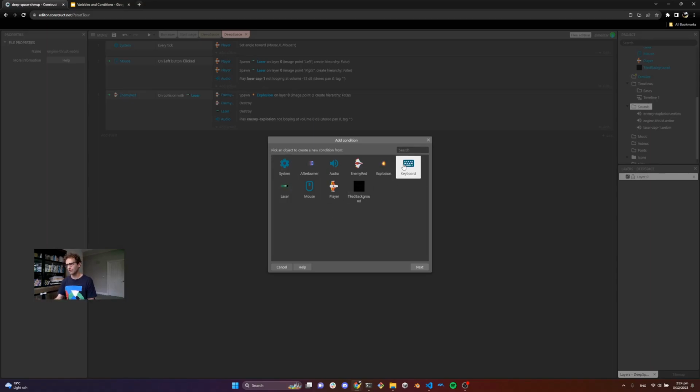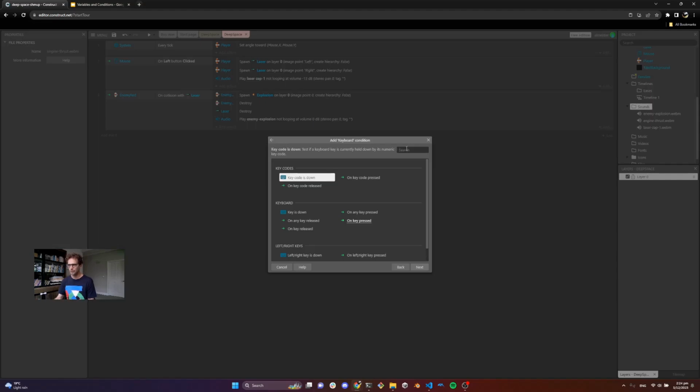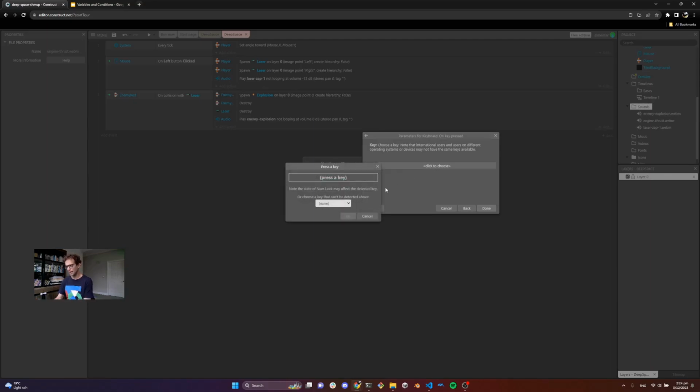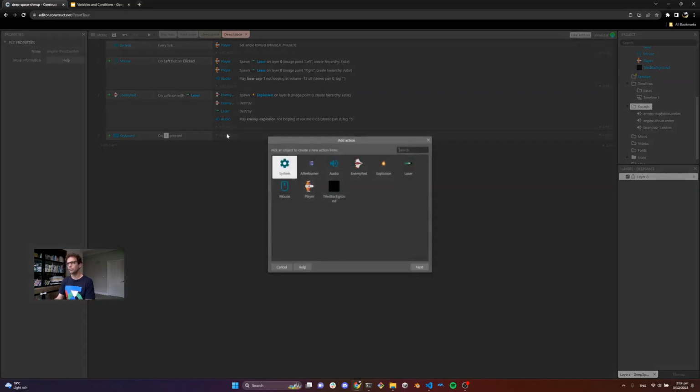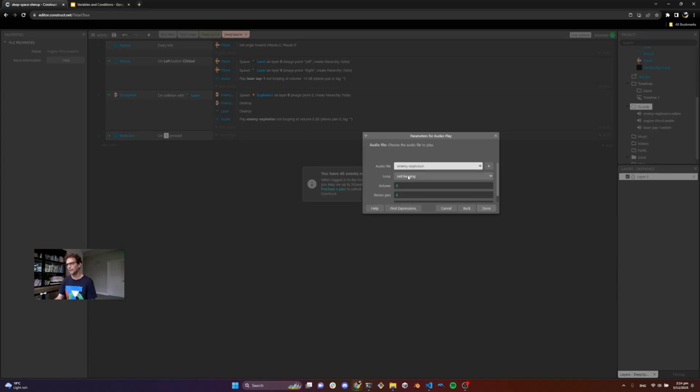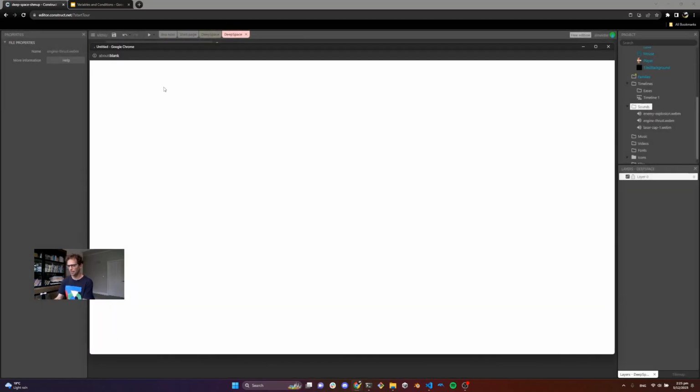So I might think straight away that if I do a keyboard-based condition, so keyboard on key pressed, for example, and then say I look at the up arrow because that's how I drive my ship. Then I might just go, okay, all I need to do here is add the audio to play, which sound, the engine thrust. Okay, cool. I'm going to tag this. Probably a good idea from now on to start tagging things you're playing just so that you can turn them off later. So I'm going to call it thruster. This is my tag. If I play that now and press up on the keyboard,